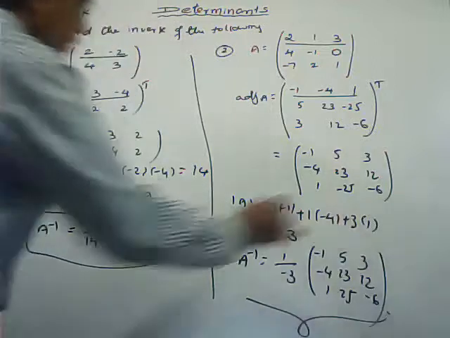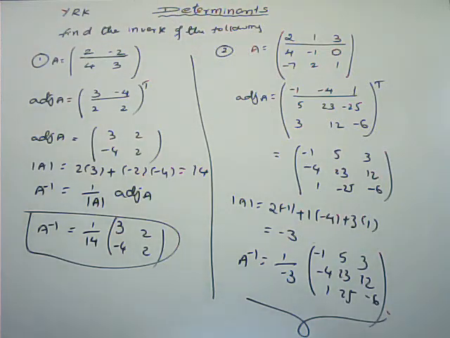This is the inverse. So here what we discussed in this class starting: what is the determinant of the square matrix? For 1 by 1, directly we can write the same element, whatever is there. That element we can write directly. For 2 by 2, here minor, cofactor. After that, adjoint of A. How to find the adjoint of A? Then the definition of the determinant. Then how to find the inverse of the square matrix.